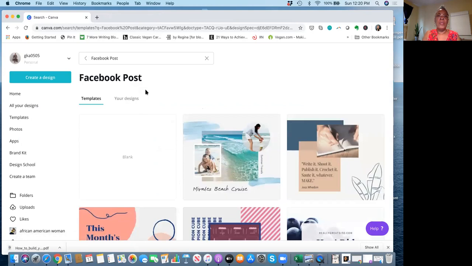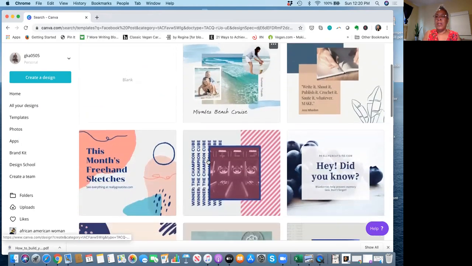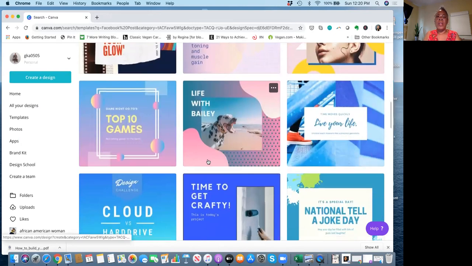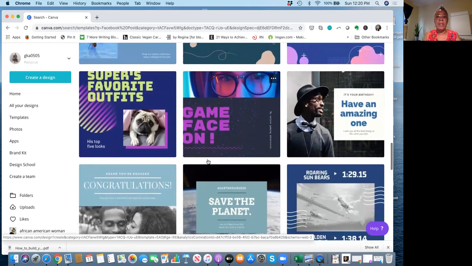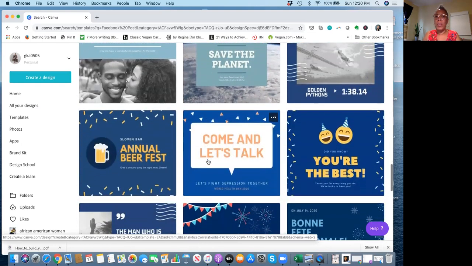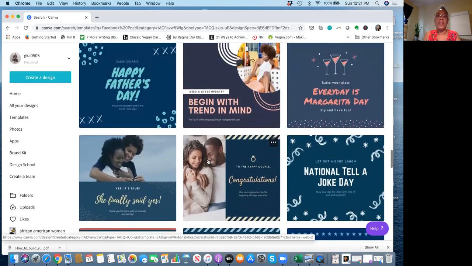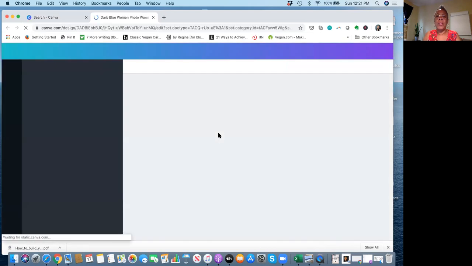You can go to the templates. You can also see your designs. And that's one that I made. So we can use any one of these, and if you see something that you really love, that you might like the font, you might like the colors, you can use that to start with and then make it your own. So let's see, I'm just going to start with this one, very random, but